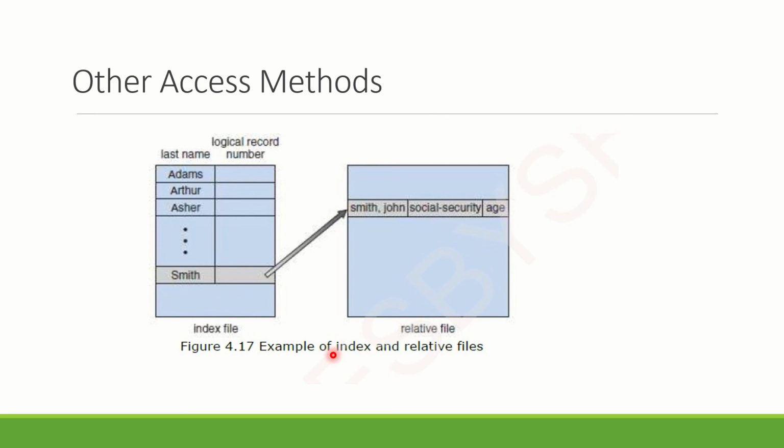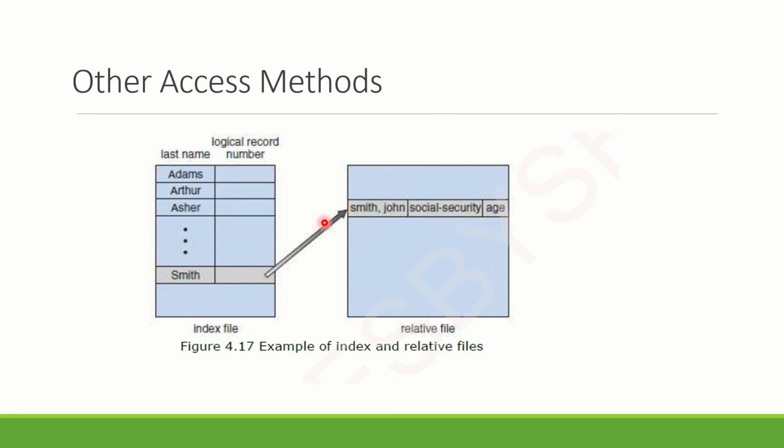Then the third access method uses the concept of indexing. Each index has a file pointer, and that pointer points to the original record. The disadvantage of this method is that if it is a very big file, the index itself will be too long, so many comparisons are needed. So in that case, we do a second level.